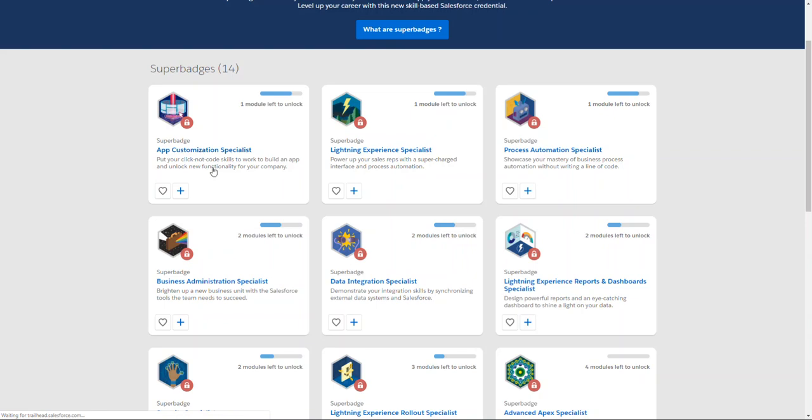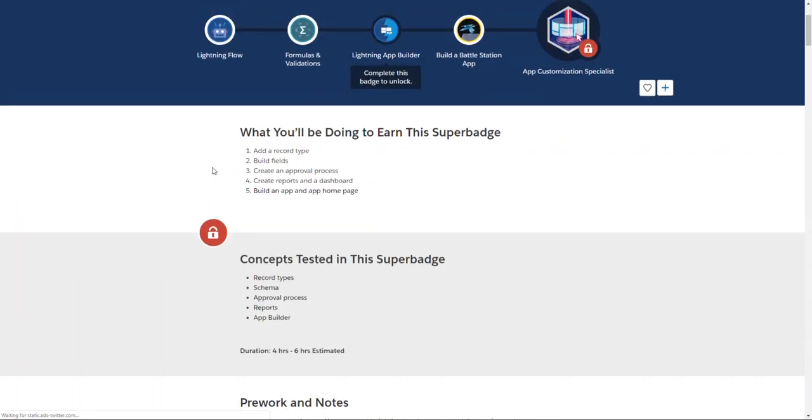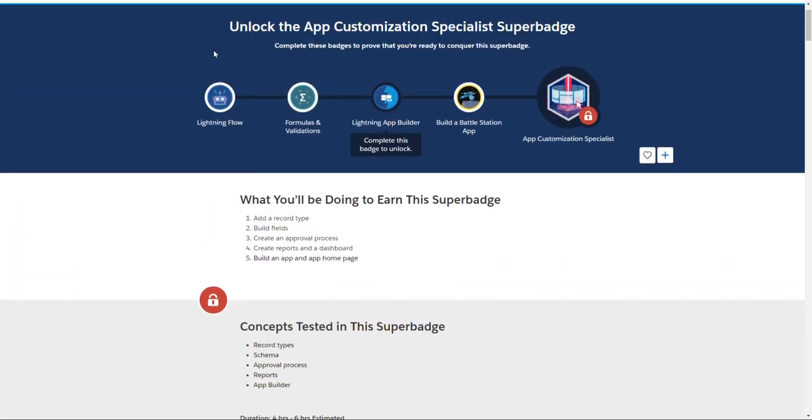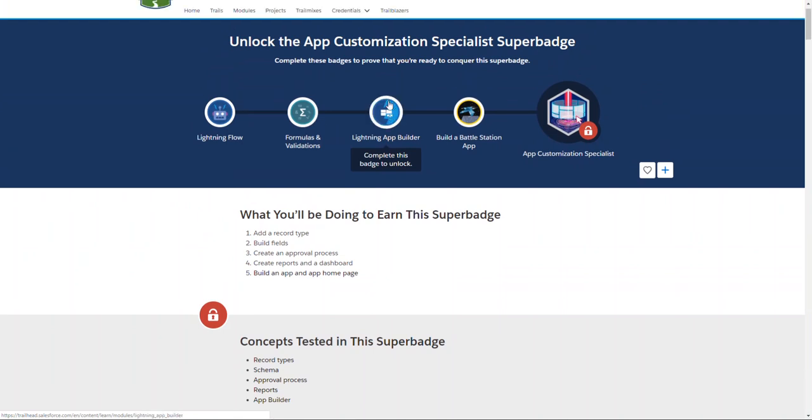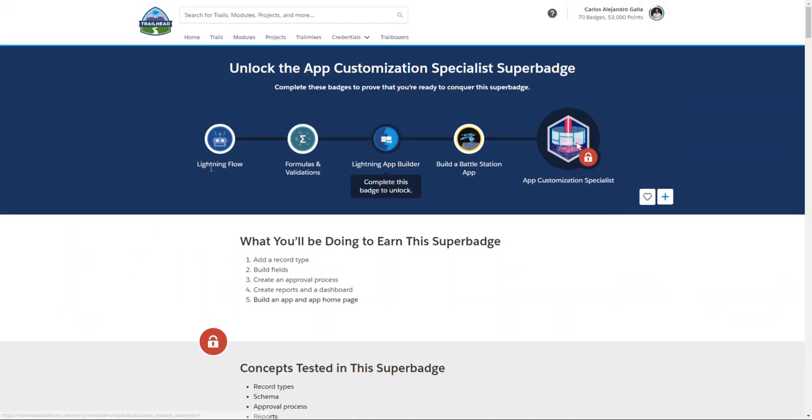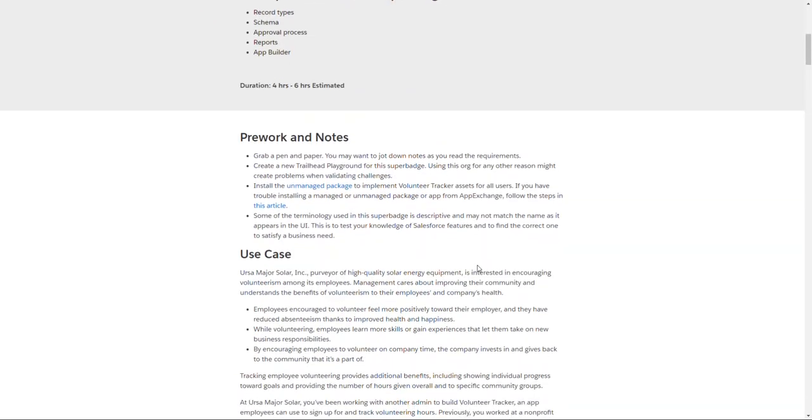And creating super badges, obtaining super badges, can be a little bit more difficult. You have to complete the different, for example, here I needed to complete lightning flow, formulas and validation rules, lightning app builder, build a battle station, and then you have the opportunity to unlock the super badge. And I believe, I might be wrong here,